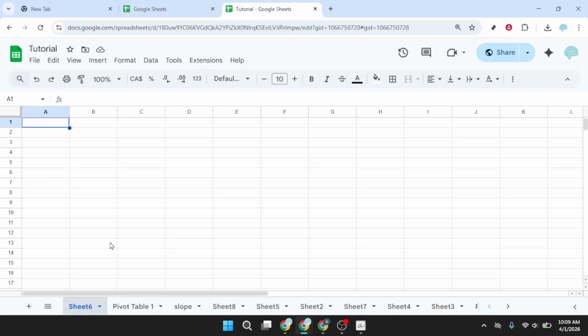When your document opens, look along the bottom of the window. You'll see tabs for each sheet inside your spreadsheet. These are often named something like Sheet 1, Sheet 2, and so on. Renaming them helps you label your data clearly, such as Budget, Q1 Sales, or Raw Data, which makes collaboration and